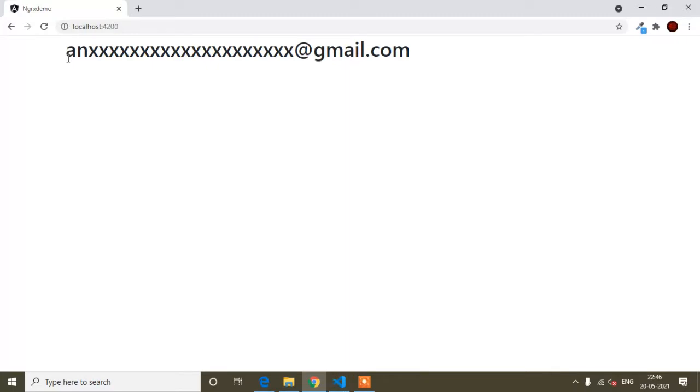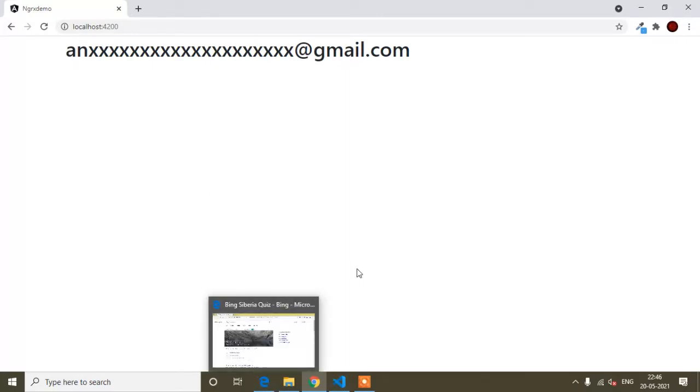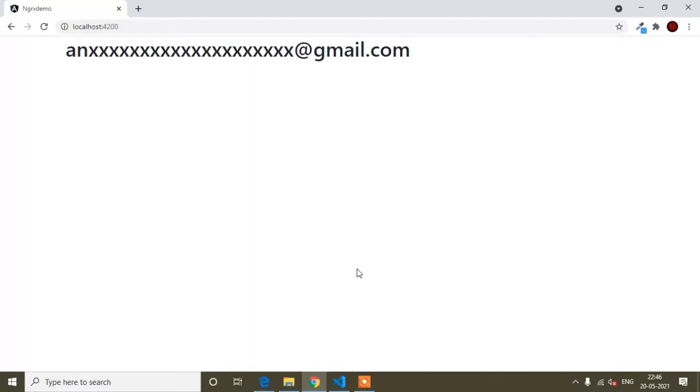And this is very important, guys, because if you visit any website, most of the time you can see the email is in masking format, for security purposes. So this is very important, and here I will show you how you can do that. All the code is custom code, and I will also explain how you can do that.